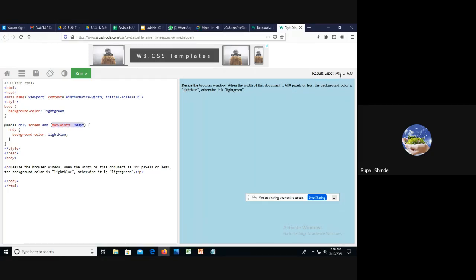The browser size is 705 pixels. And what is the condition here? Maximum width, how much maximum width is required? 900 pixels, and here it is 705. That means the condition is true. That's why the background color is light blue. Are you getting it?